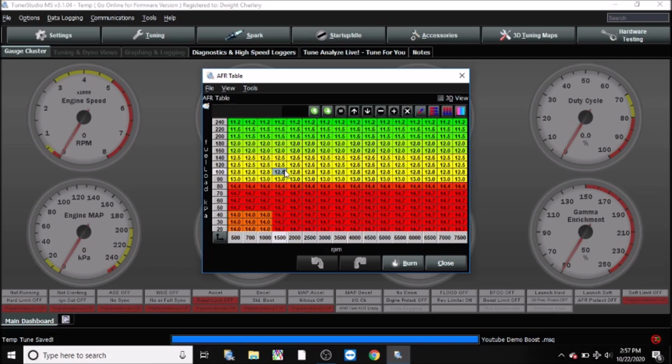So as you go into here, we can see as we get to 3 psi, which is here, on a Miata, typically I would be aiming for about 12.5. And I would carry that 12.5 air fuel ratio up till about 6 psi. Again, small turbo, it's not making that much horsepower, not that much heat anyways, so we can get away with a 12.5 air fuel ratio.